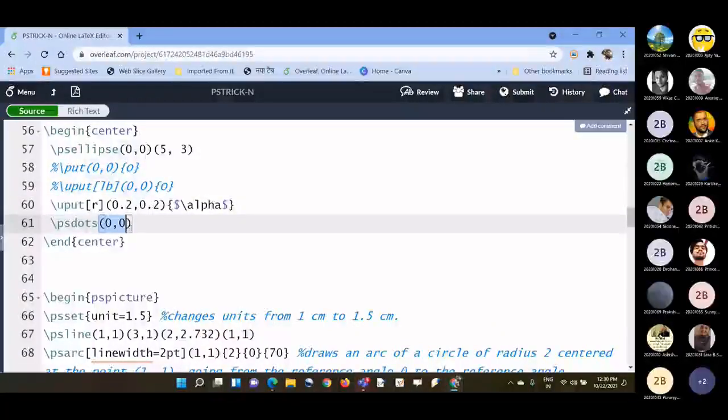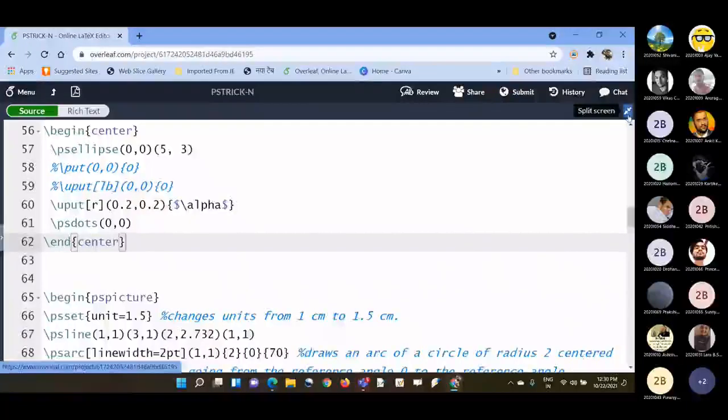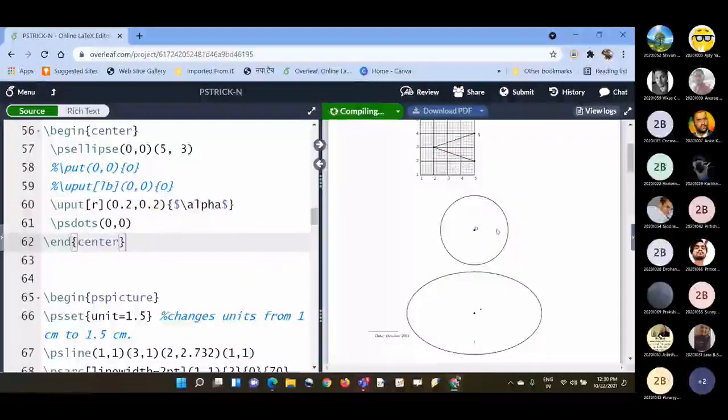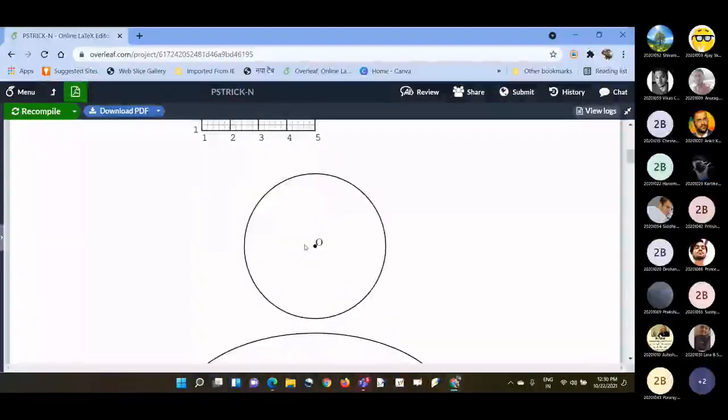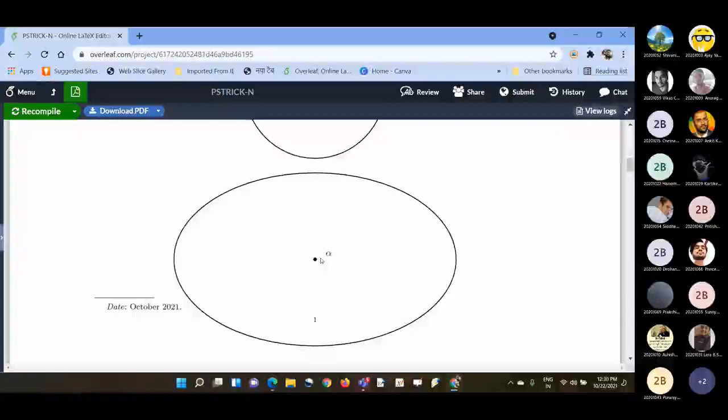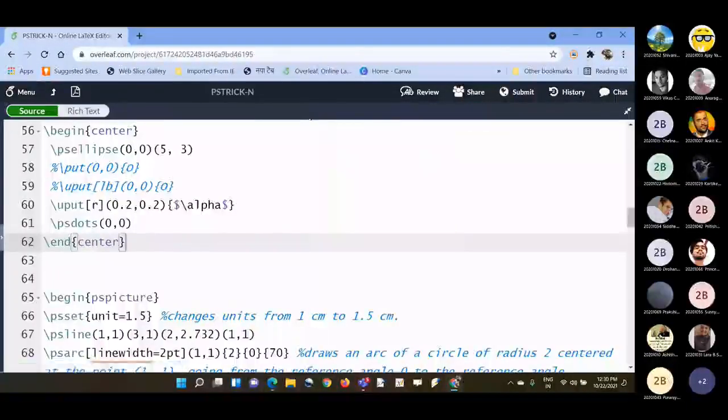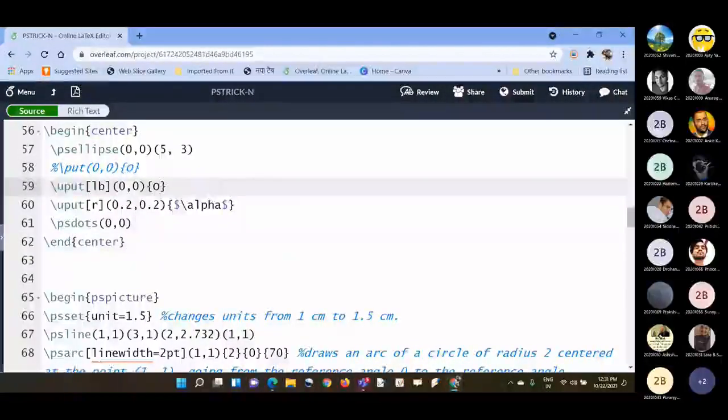And then we are keeping a dot also at that center. So here the star is there, and now you can see alpha. I have made it right. If you want, you can also keep this one. There is no problem.